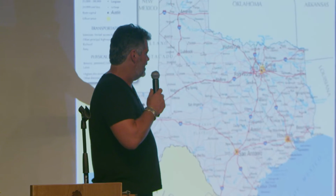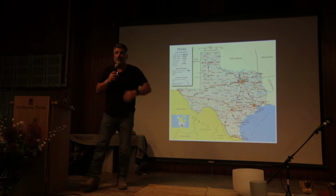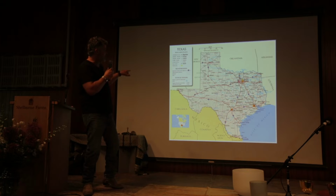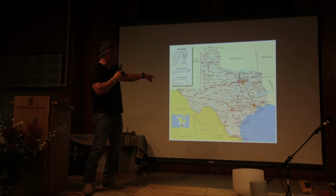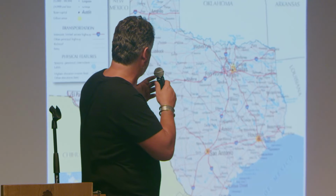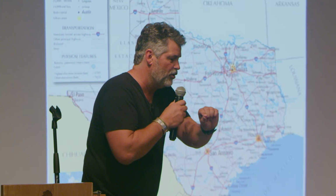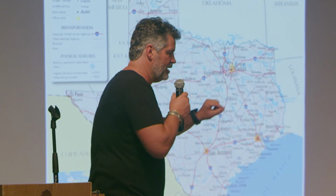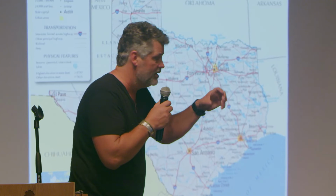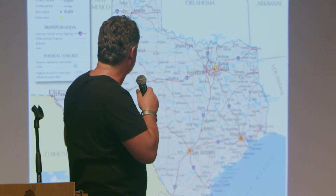If you think about it as a road map, the Hadza sit at the crossroads of a microbial superhighway. Imagine these little lines, these little highways, the gray ones. You've all looked at an atlas, because now Google Maps doesn't let us look at it anymore. But remember those old atlases? You pop them open, and you have all the little gray roads, which were the county roads, and then you had the state roads, and then you had the highways, those big red ones, and then you had these little nodes. The nodes, in this particular case, from the great state of Texas, is Dallas, Houston, San Antonio,